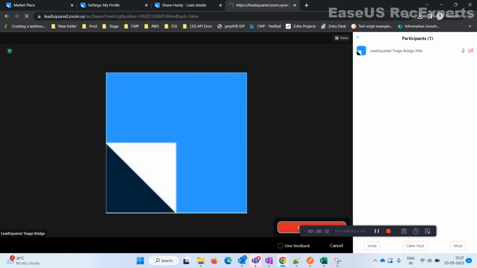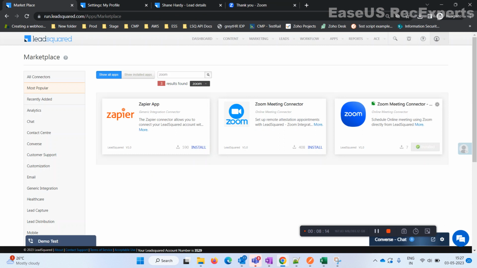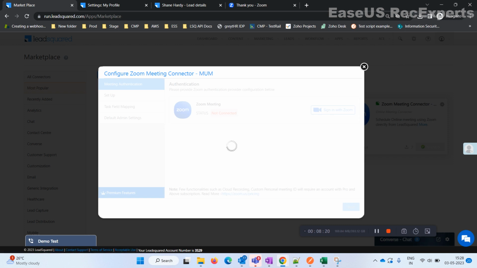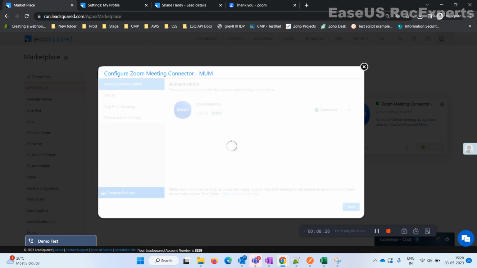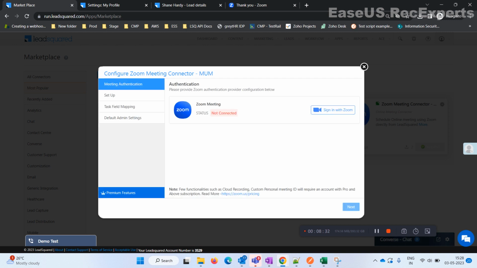At last, there's also an option if you want to disconnect your Zoom account from LeadSquared. Again, go back to configuration, and there's an option you can disconnect. So once you disconnect this, the Zoom account from LeadSquared will be disconnected, and you no more will be able to use the features which we